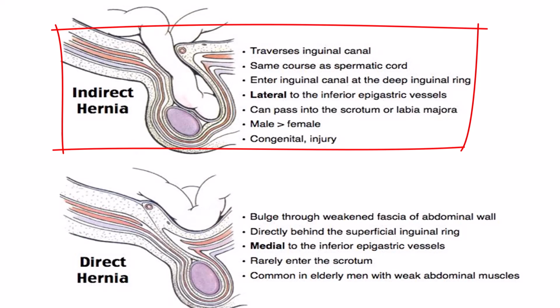Indirect inguinal hernias are usually congenital. It means they are present from birth. As a fetus develops, the testes descend through the inguinal canal. They are supposed to pull the sac of peritoneum with them, and later on it seals off. If it fails to seal, it leaves an opening or a pathway for the intestine to slide down. So it's actually linked with embryology. It enters the canal lateral to the major blood vessel, that is the inferior epigastric vessel. So indirect inguinal hernias are mostly lateral to the inferior epigastric vessel.